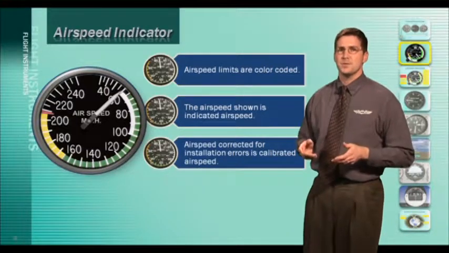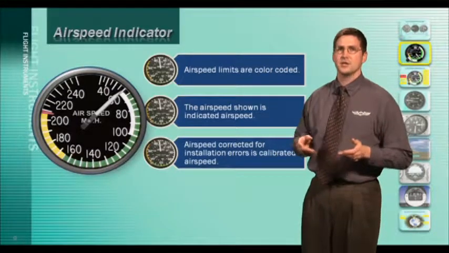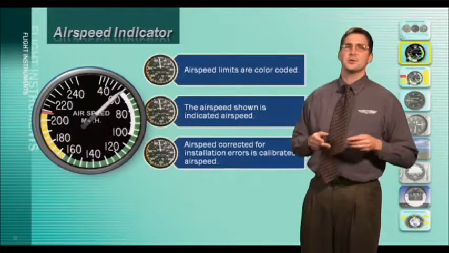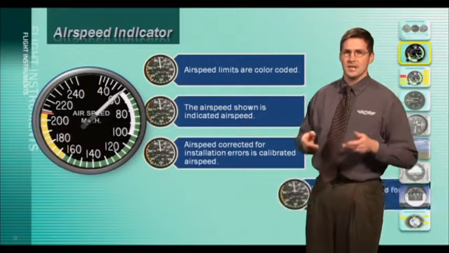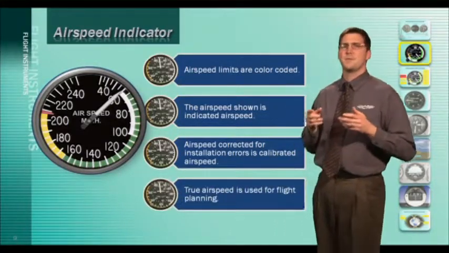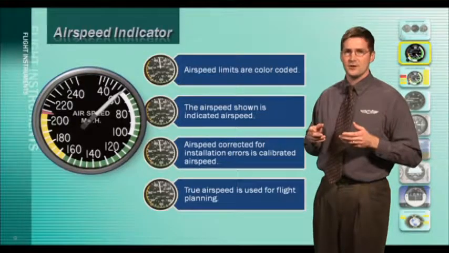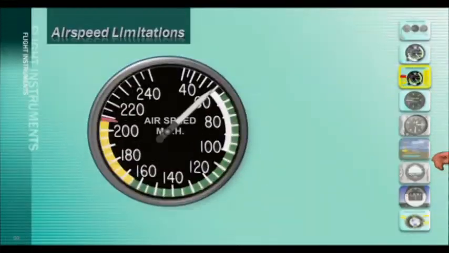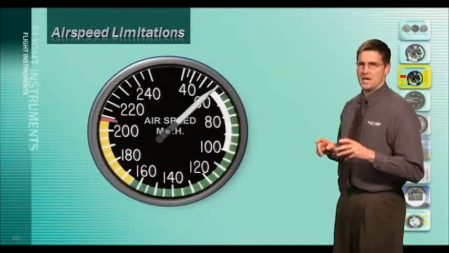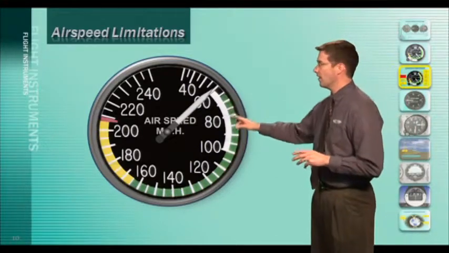The true airspeed of an airplane is calibrated airspeed corrected for variations in temperature and pressure. Now, the true airspeed is used for flight planning purposes and will be discussed in greater detail in Lesson 9. Now let's take a look at some airspeed limitations, and we'll start with the white arc that you see right